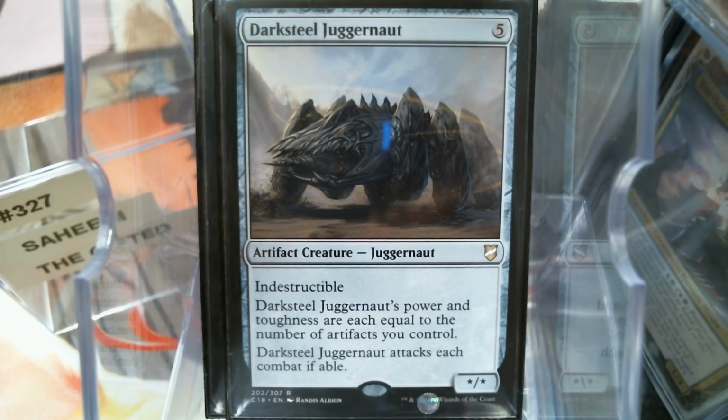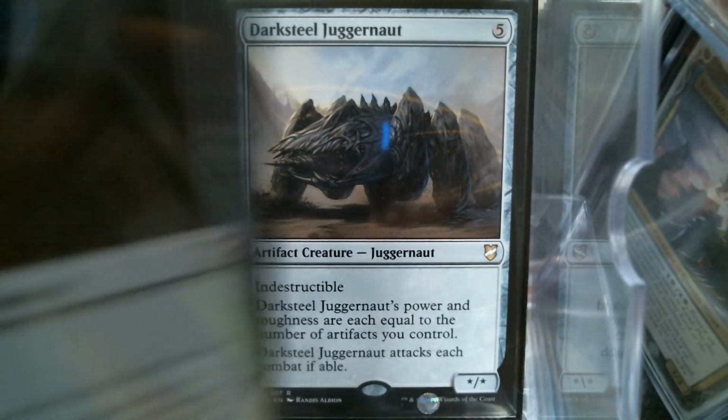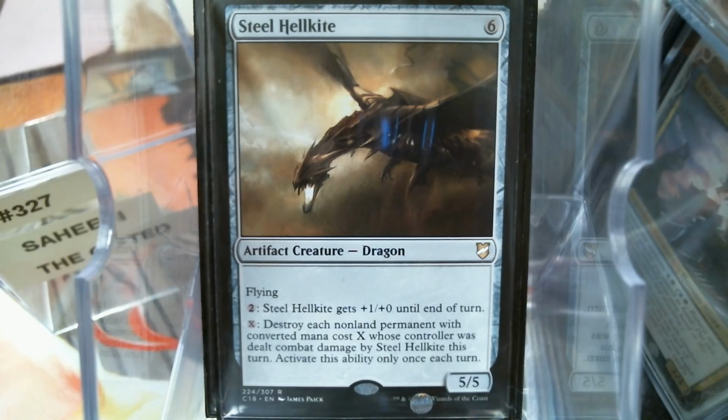Darksteel Juggernaut's going to be probably just as big as the Colossus. Now, Steel Hellkite is in there. Yeah, I mean, it's not a 6-mana 5/5, but that removal is...